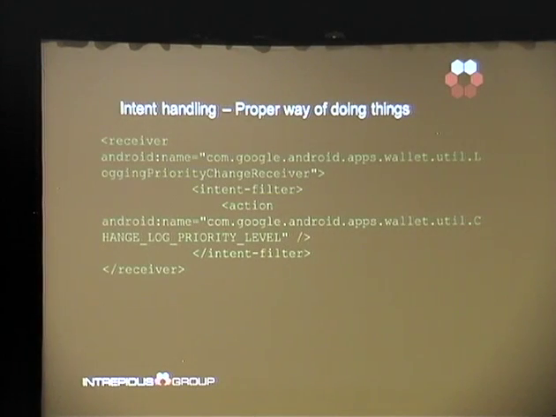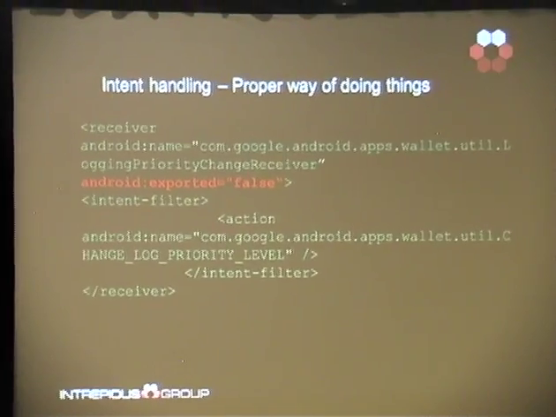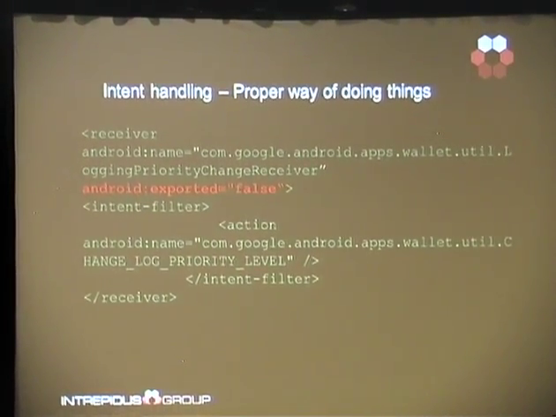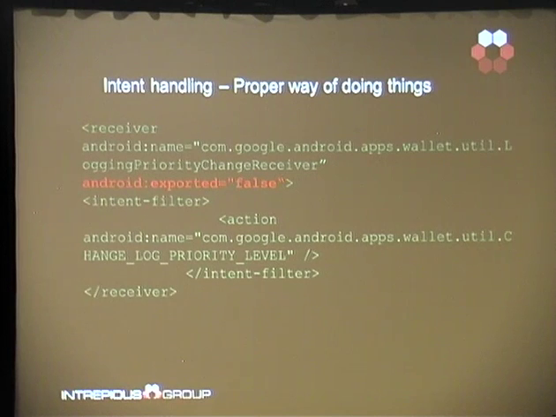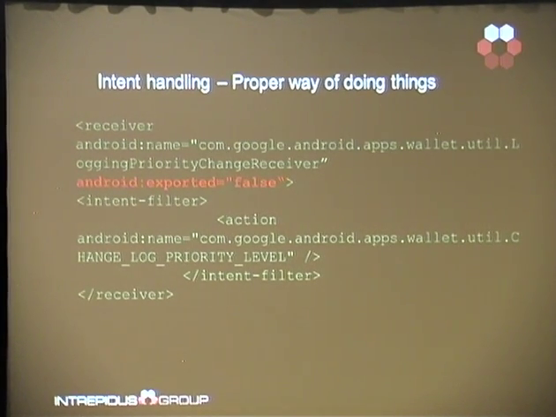So this is what the receiver looked like back then, right? Anyone can just send stuff to it because it will be caught by the intent filter, and the broadcast receiver would act on that. This could probably have been fixed, because once you don't export your receiver, you can be sure that only the components of your application can send stuff to it.